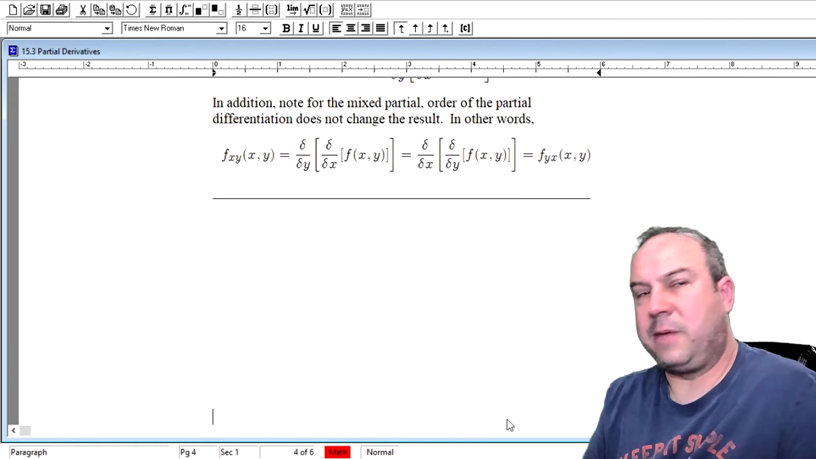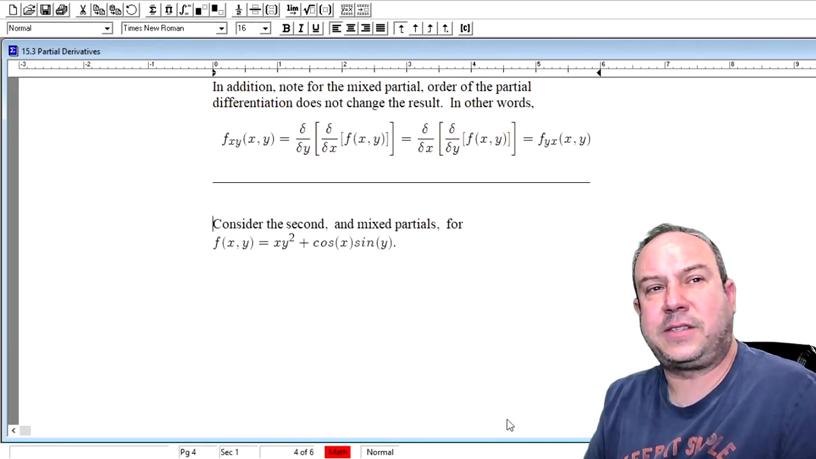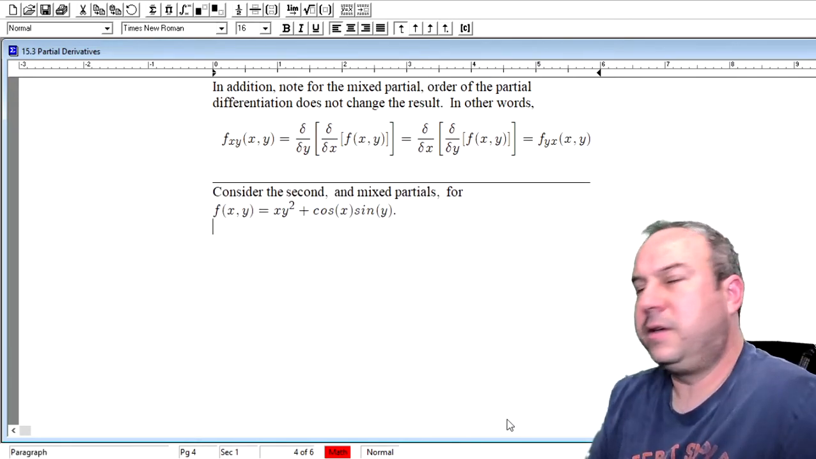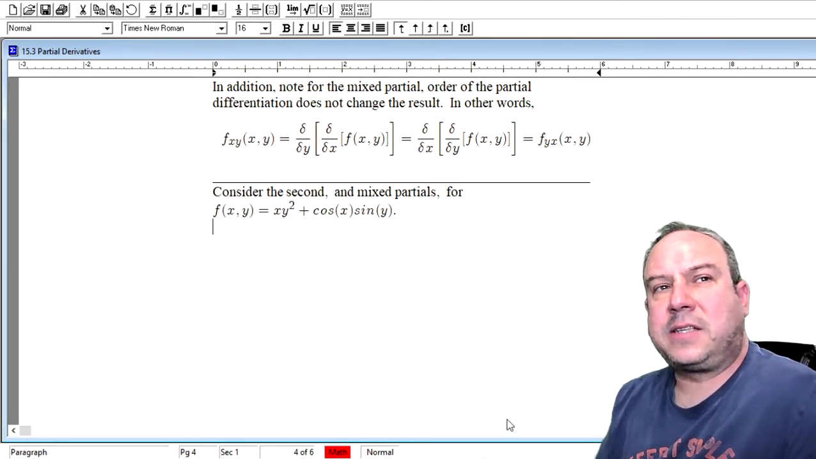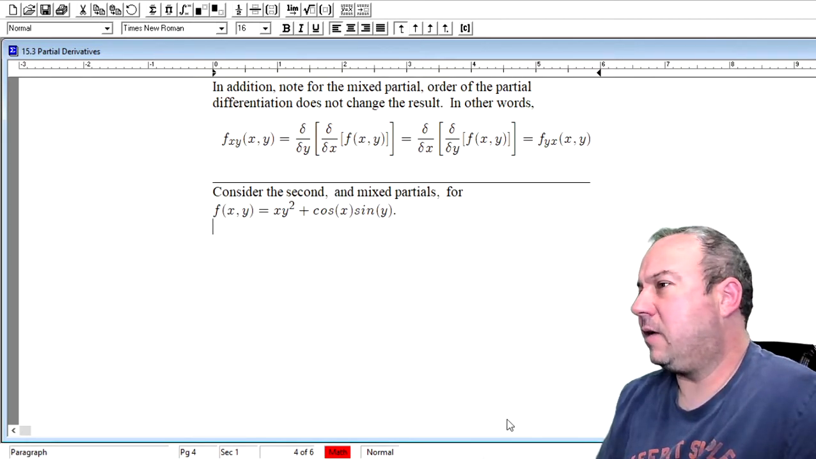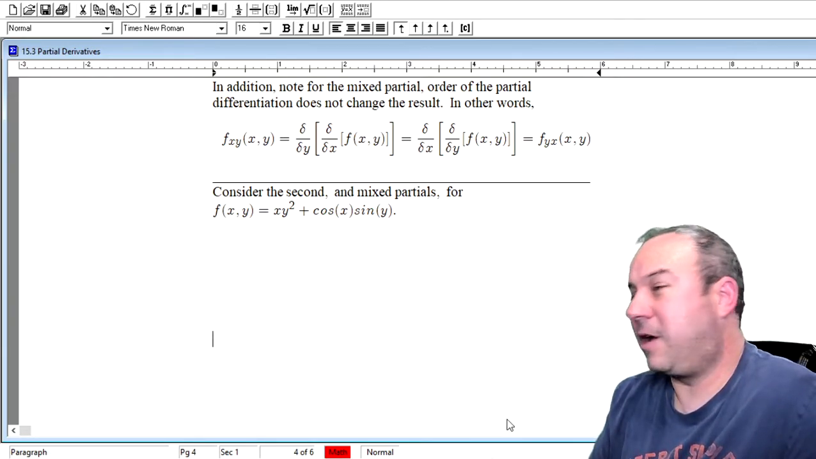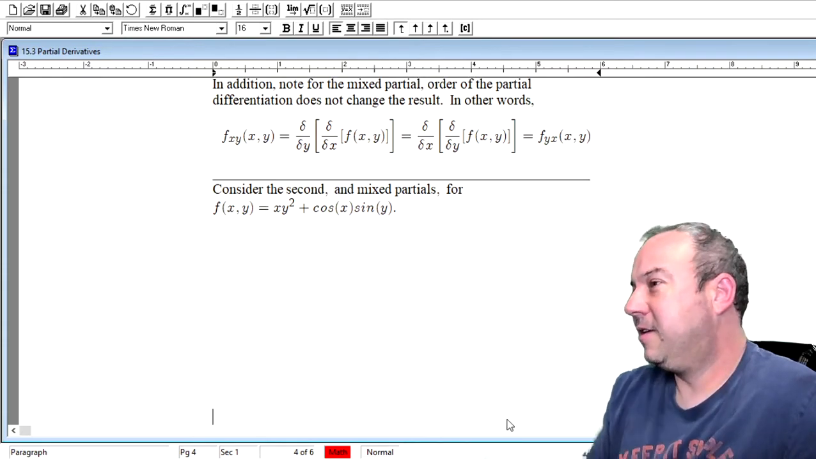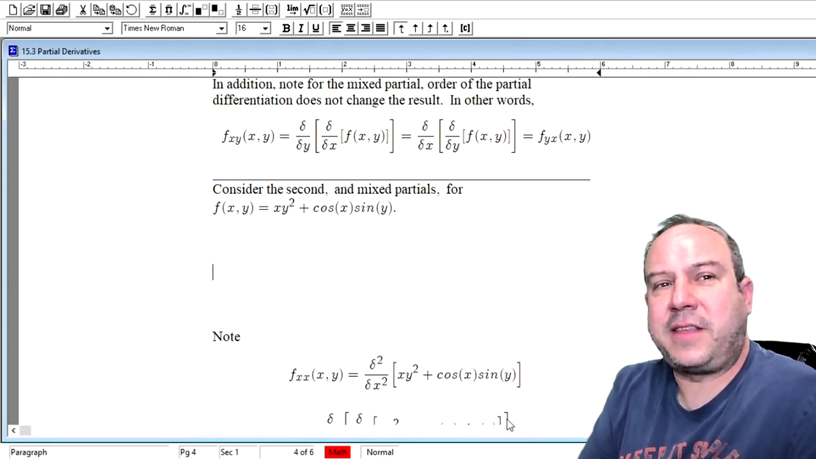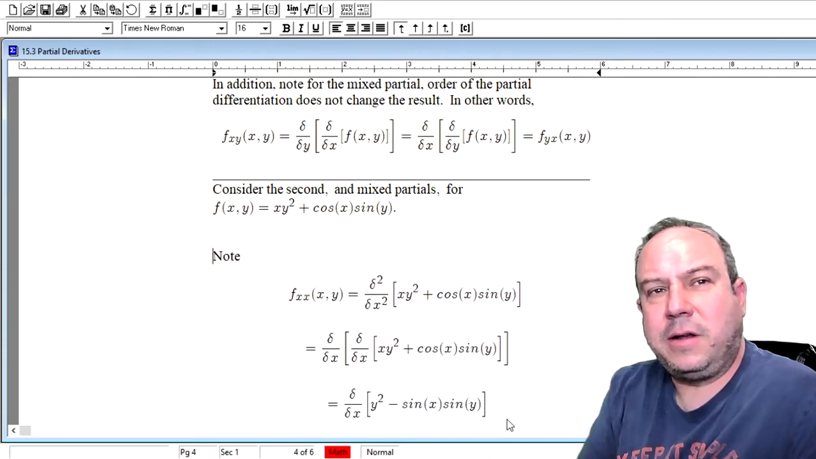I think another example on all this. Consider the second and mixed partials for this function, f of x comma y equal to x squared y plus cosine x sine y. All right. If you want to practice ahead in these, folks, I always try to give you an opportunity to pause the video and maybe try your hand at that. But what we would note here